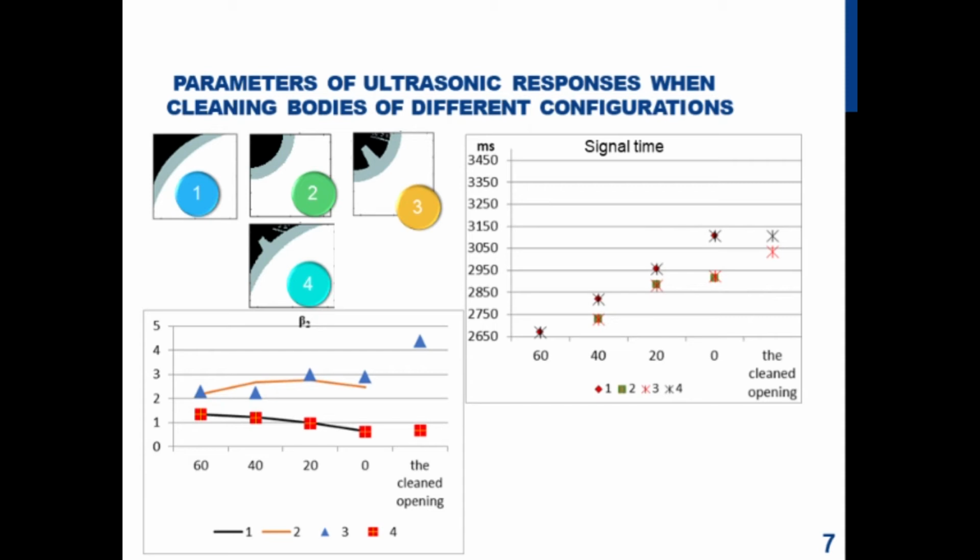The following were chosen as different shapes of areas: the sector of a circle, the sector of asteroids, and the sector of a circle and asteroids with holes. Ultrasonic responses were recorded for the body of each configuration and with different thickness of contamination. These responses were processed using a fast Fourier transform and obtained values of the largest three amplitudes.